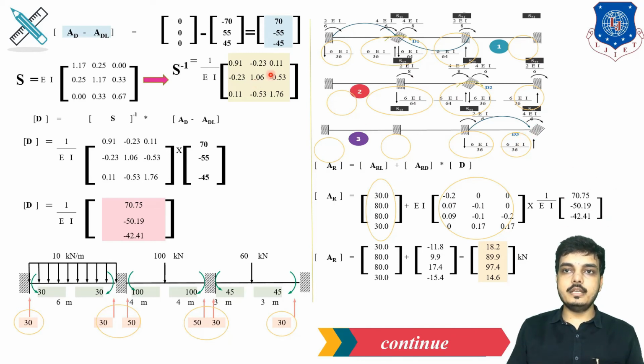Now, this is the value of D which we have found over here, the pink highlighted area. So after placing all this data in the matrix, we have to solve first AR D into D, row into column, so getting these values. And after keeping this over here, we have to finally sum up all these values for getting this reaction. So after solving this, at last our step is to draw the shear force and bending moment diagram with the help of AR value and AM value.